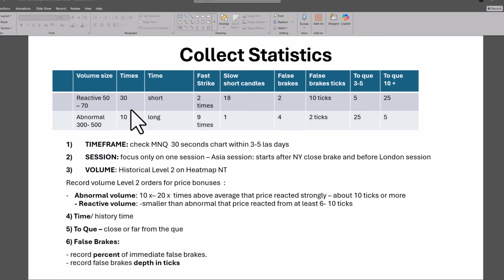Now, do you guys see this? Make a screenshot if you want to. This is just an example, because this is the answer to the question: how do you predict if the price is going to hold or not? How do you predict it? If you don't have enough experience of watching, screen time, eyeballing,